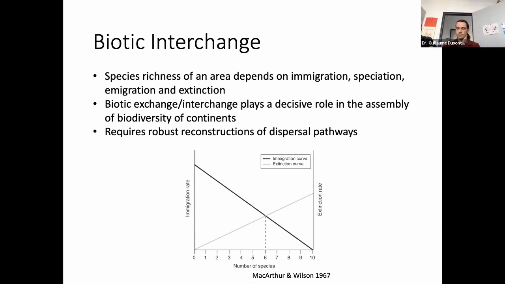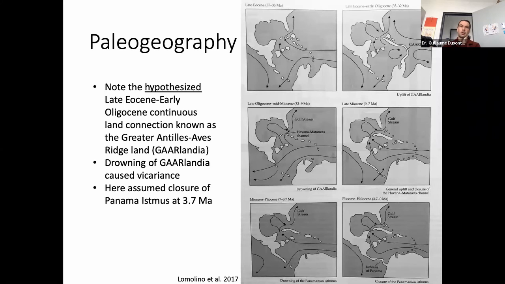That's what you tried with this GPlates exercise. Here on these figures, we see different paleogeographic reconstructions since the late Eocene. And we see something here we haven't talked about yet. We probably hear about this in one of the papers. It's the concept of Garlandia. So there's an idea that there was once, 30 million years ago, already a potential land bridge almost connecting South America to something where we are close to, I think,